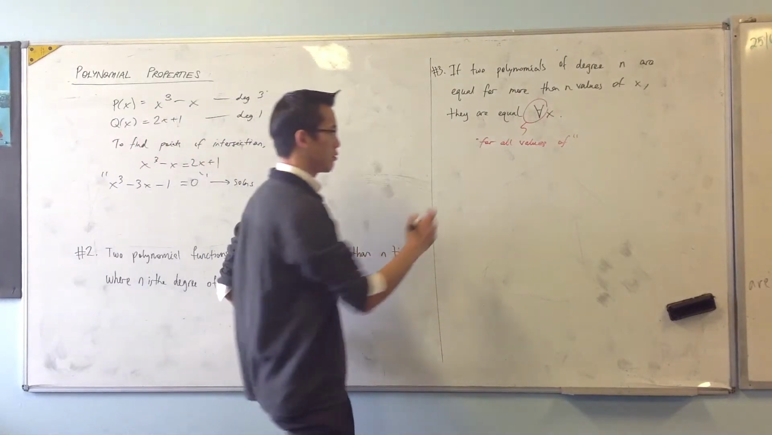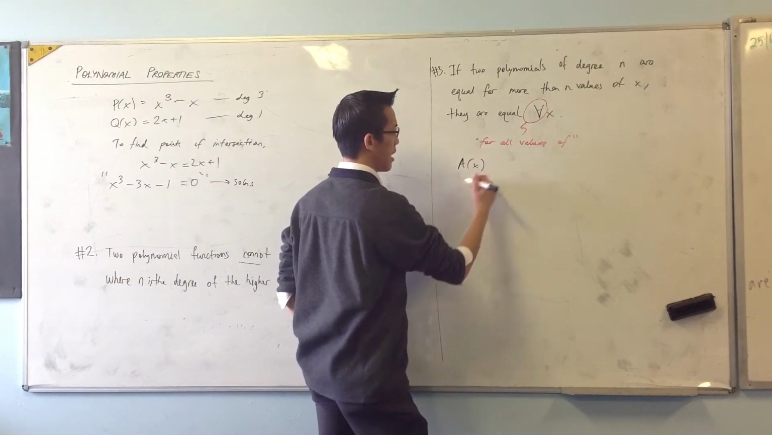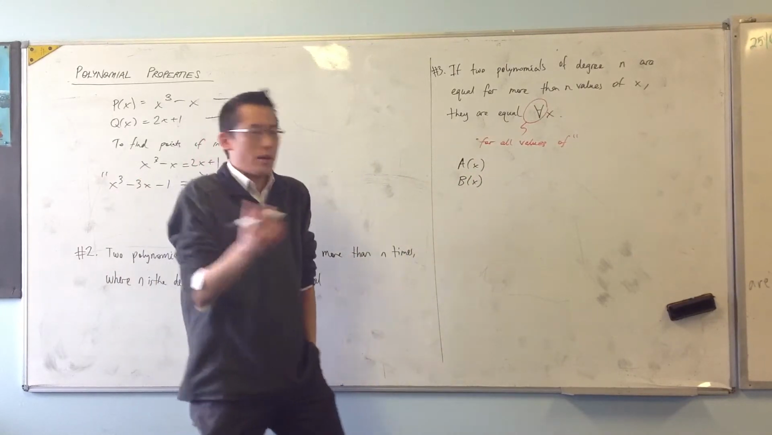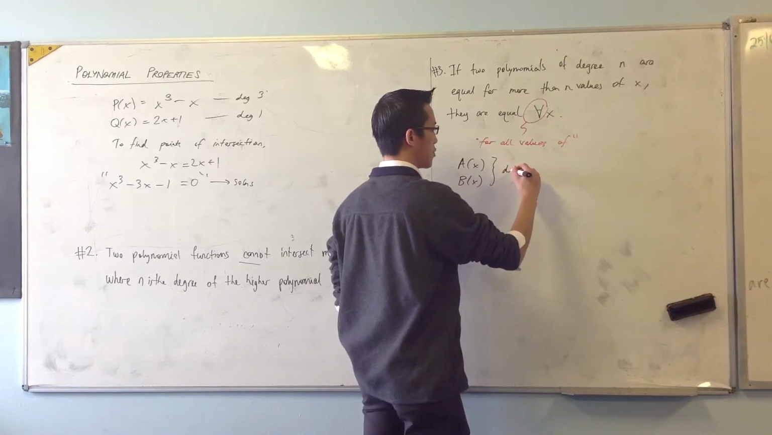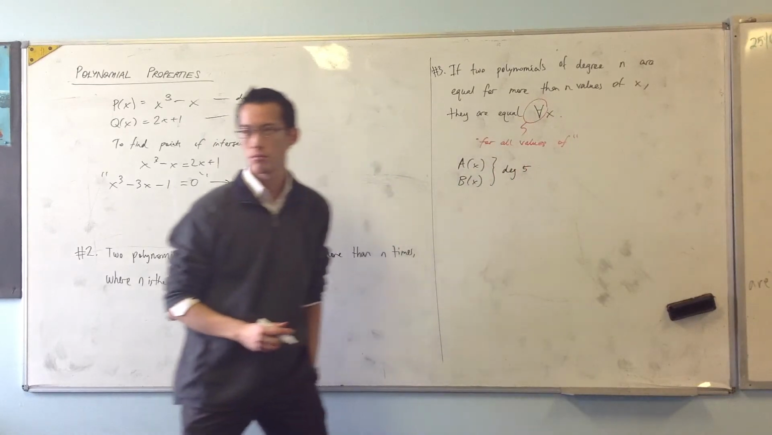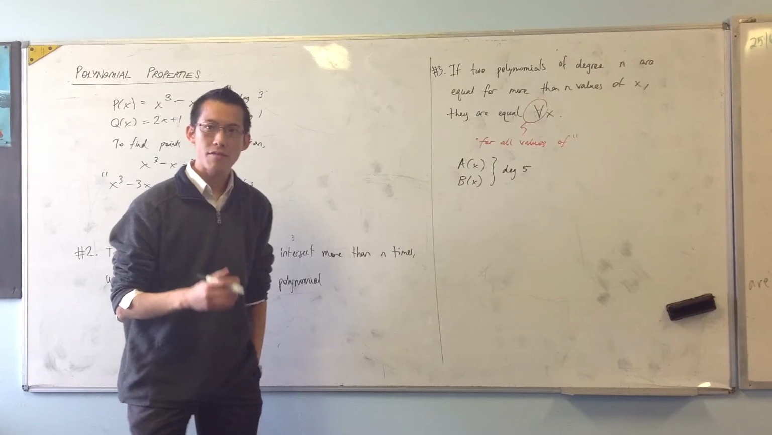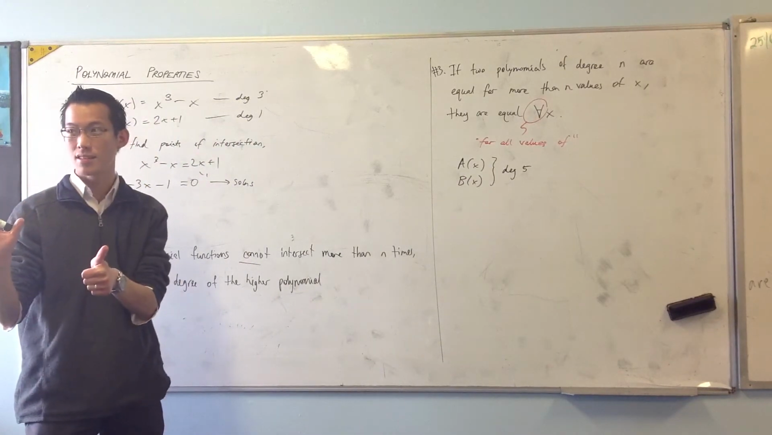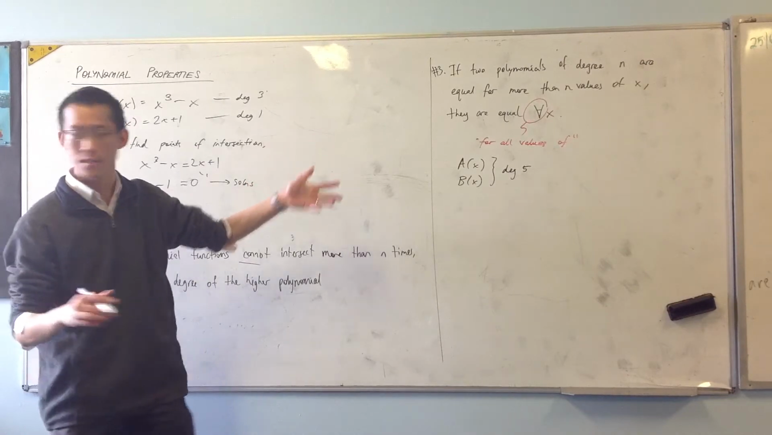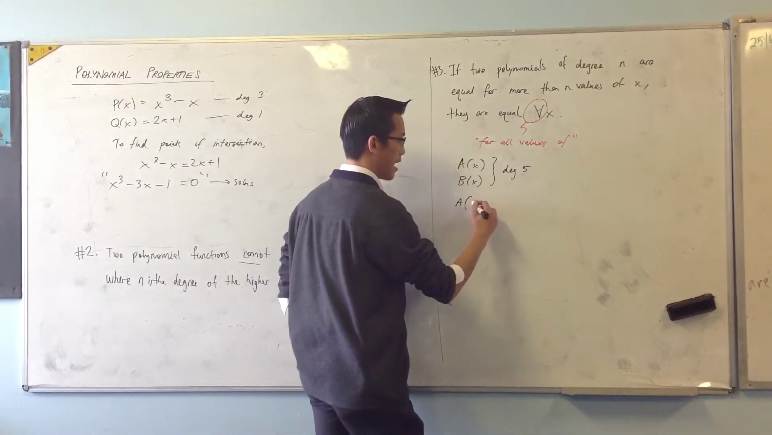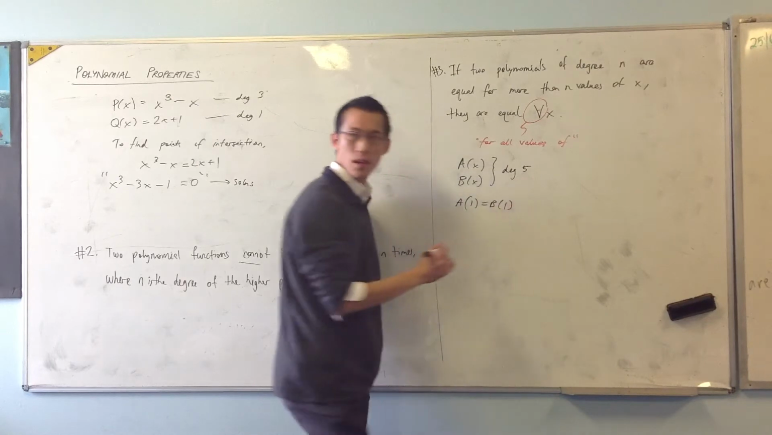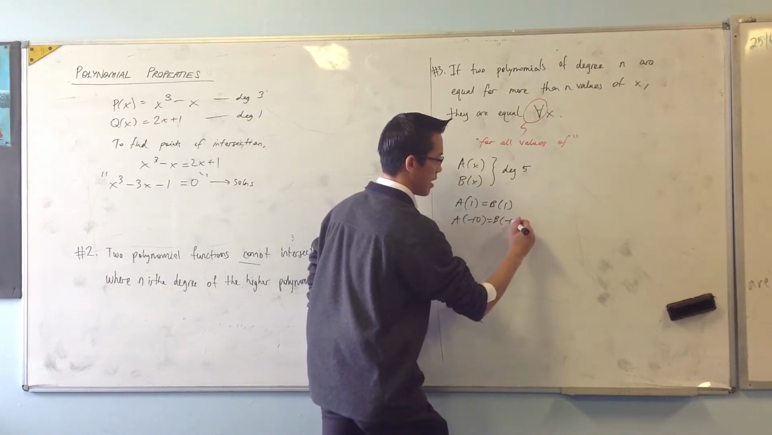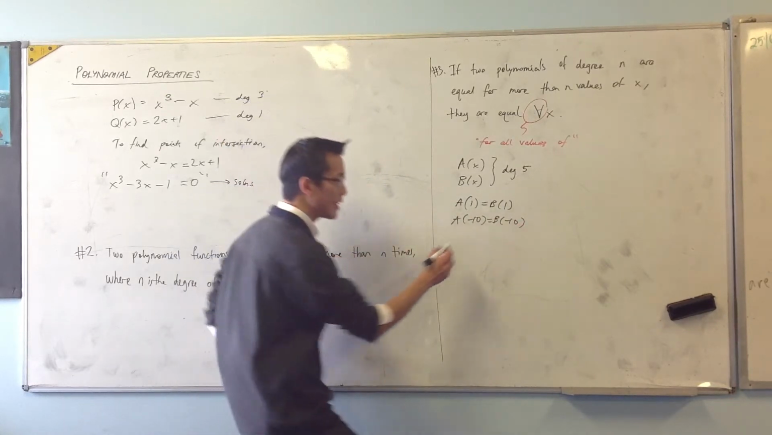If we've got two polynomials, call them a of x and b of x, and we know, for instance, that they are of degree, I don't know, 5, just as an example. If there are 6 instances where the two polynomials are the same, for instance, I find out that a of 1 and b of 1 are the same, and a of, I don't know, minus 10 and b of minus 10 are the same, and so on. And if I can get 6 of these,